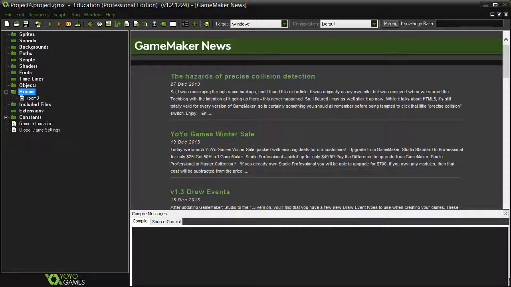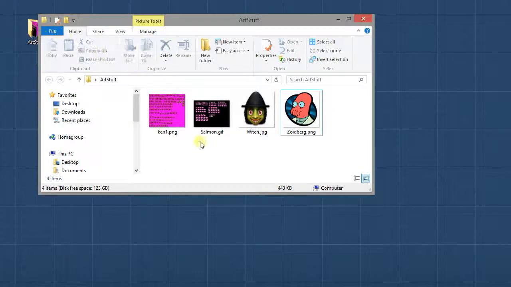Welcome. In this video we're going to explore using Gamemaker to do basic modification to sprites and to import sprite strips as animated sprites. So I'm going to be making use of some files in this art stuff folder. If you download it from the website and unzip the package, you'll find these images. And so I'm going to be using some of them to do stuff, and you can download them to try